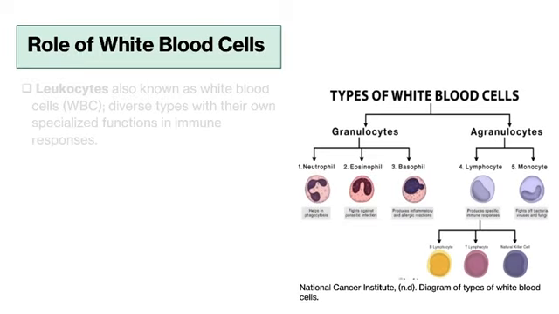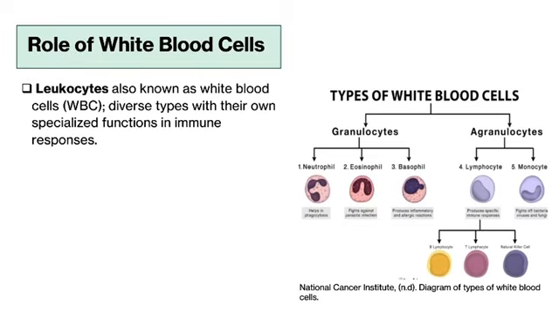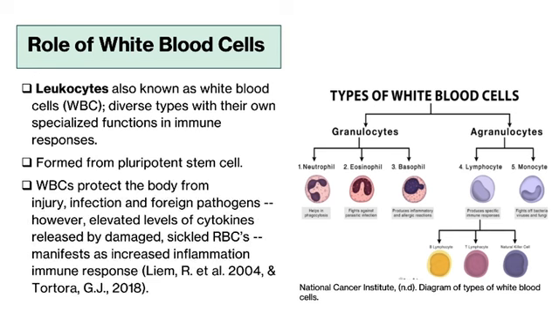Leukocytes, also called white blood cells, although they make up less than 1% of the blood components, have a very important functioning role in the body's immune response. They are also formed from the same pluripotent stem cell as the red blood cell, but mature into several different types of white blood cells, each with its own unique functions. As you can see in the chart, there are several types of white blood cells,